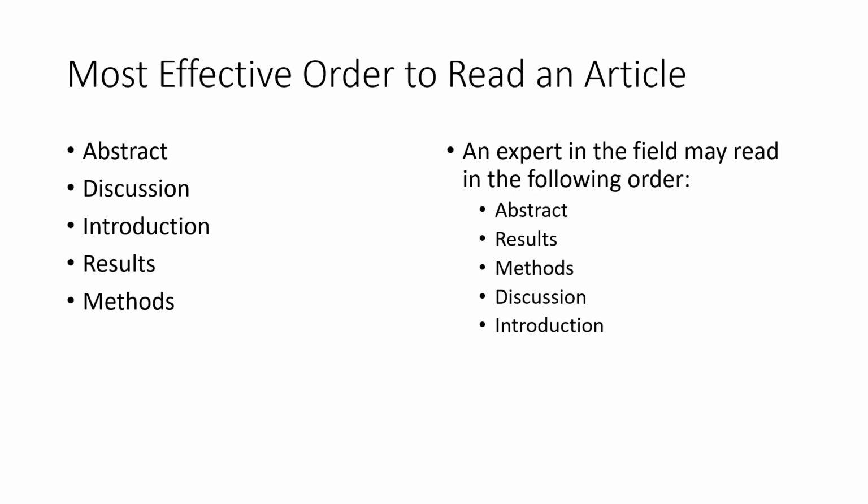However, an expert in a particular field, when he's doing a literature search, may read in a different order. So they might read the abstract to determine, is this an article I want to delve into deeper? Then they'll look at the results, make their own conclusions, because they're very used to looking at results. Then they're going to see what the methods are, whether they think that those methods were a good way to approach that problem and that research question, look at the discussion of what the authors of the paper concluded, and